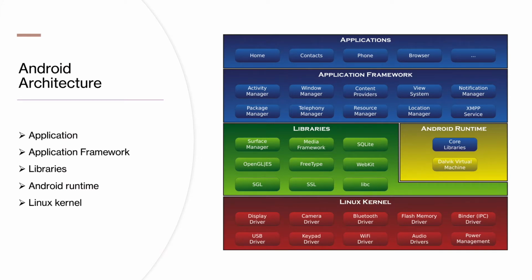So this is the Android architecture. We have 5 layers in Android architecture: application, framework, library, Android runtime, and Linux kernel. Each layer is responsible for doing different operations. In the end, all these layers support an application in doing its work, like a mobile banking application or a browser-based application like Chrome. So every application